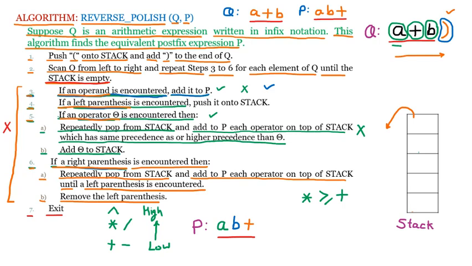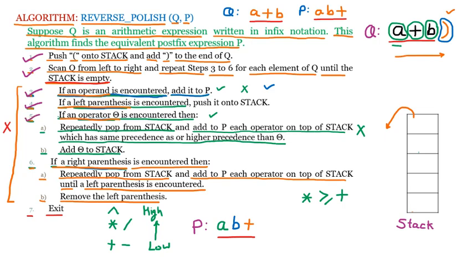The first thing we have learned is whenever an infix expression is given to us, first of all we are going to push a starting bracket onto the stack and a closing bracket at the end of the infix expression. Afterward we are going to work with the while loop, and that while loop works until the stack is empty, and we are going to scan the expression. If in the expression we find an operand, like A, B, C, all the operands are taken to the postfix expression P directly. If a left parenthesis is encountered, then it will be put onto the stack.